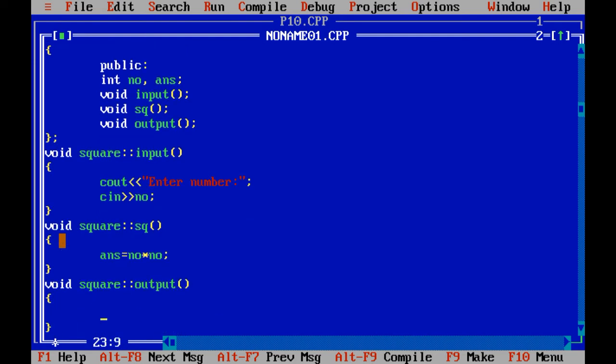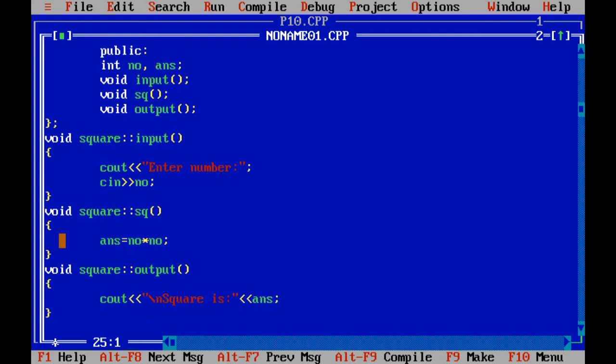What is the use of output? We are going to print the value which is calculated by sq. Square is the answer. So in this way you can define the member function outside the class.